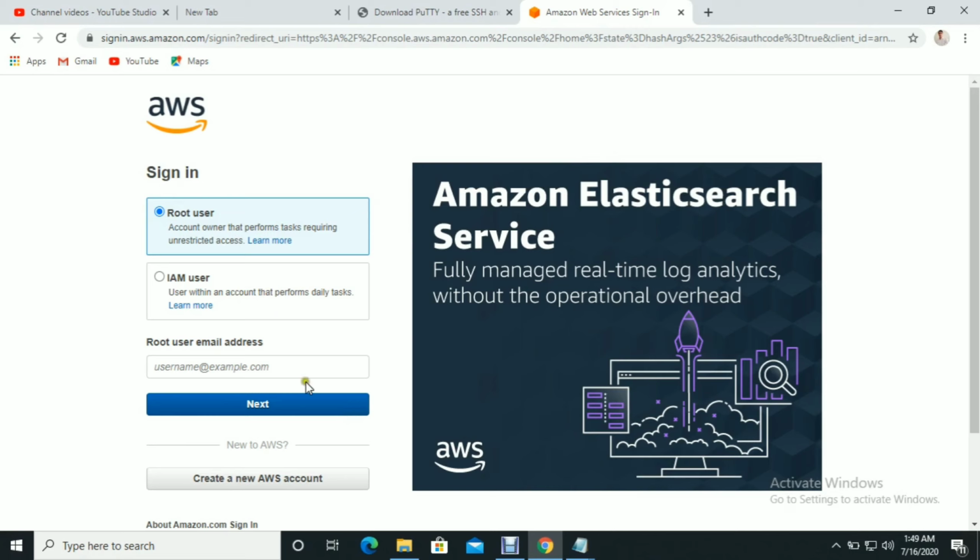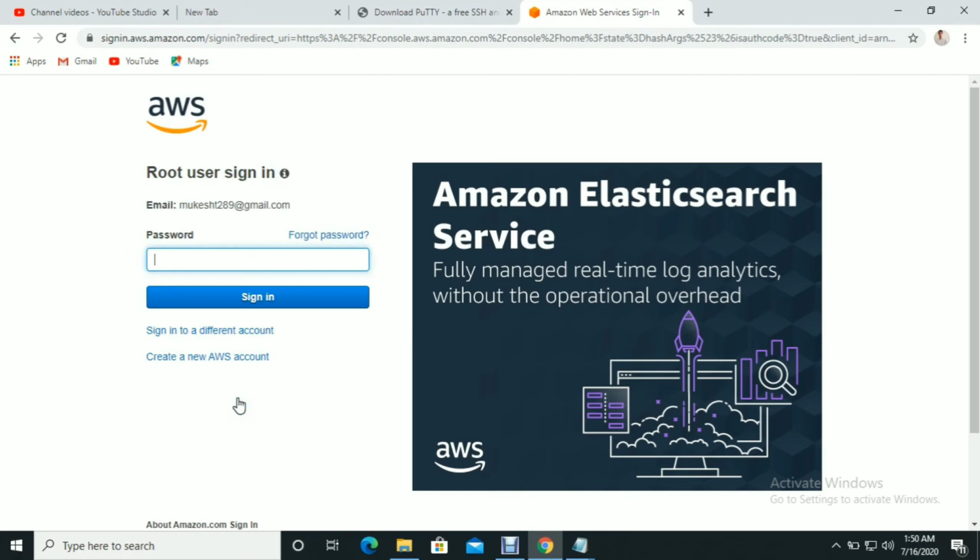When you log in to the Amazon console, you use the root user ID, your mail ID. When you were creating the account, you gave one mail ID. That is your root user ID for the AWS console. I am going to use my root account here, that is my mail ID. Next. Here you can give your password.